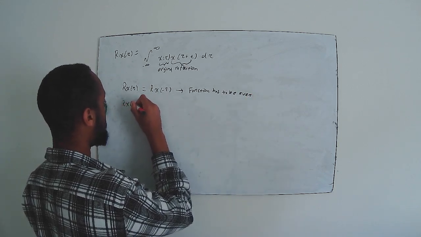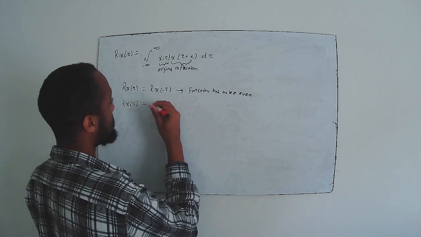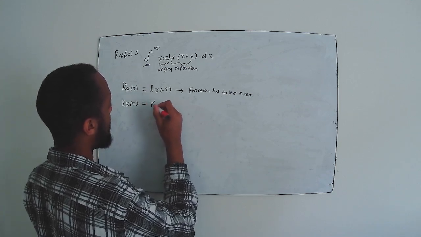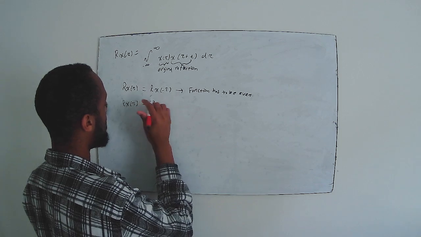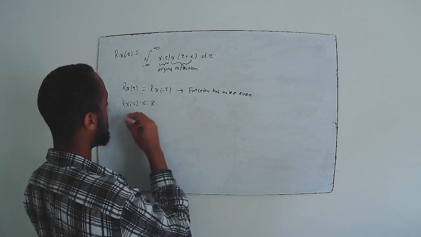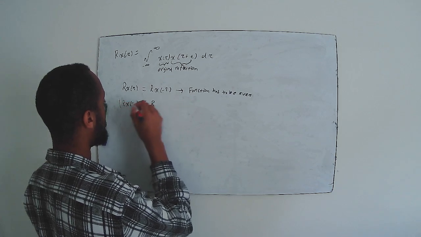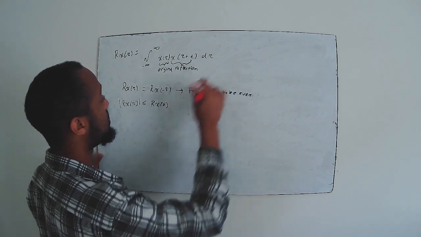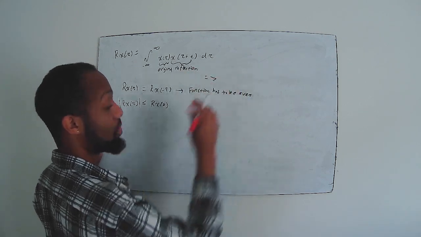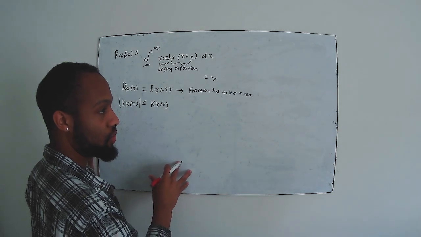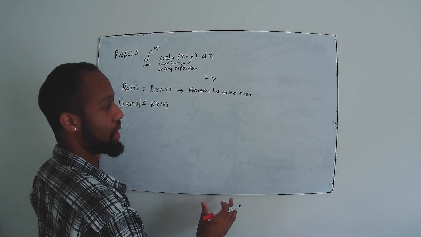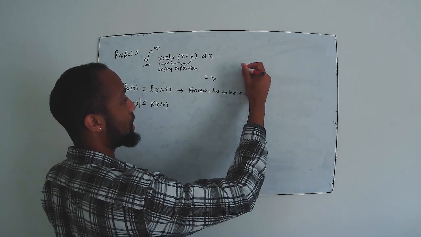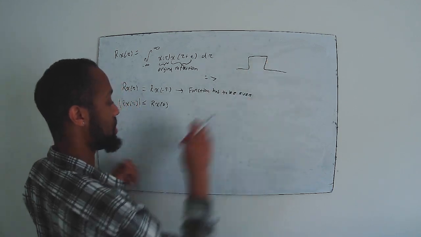Rx of tau has to have a maximum. So the absolute value of Rx of tau has to be less than or equal to Rx of 0. Zero is basically when the functions are perfectly aligned with one another, which should give us the maximum area, right? So when two functions are perfectly aligned, for example, let's say we have a box function,